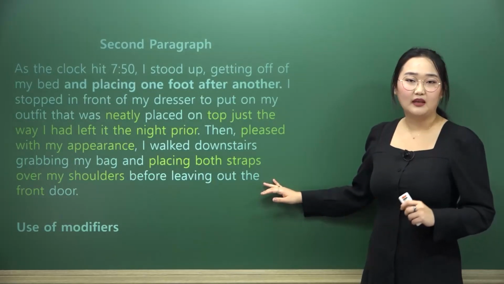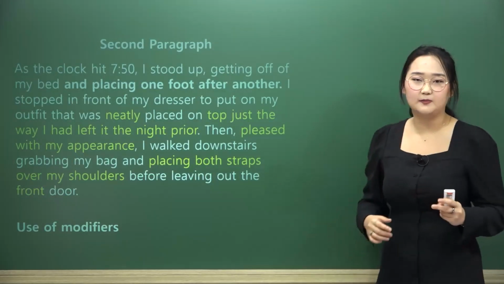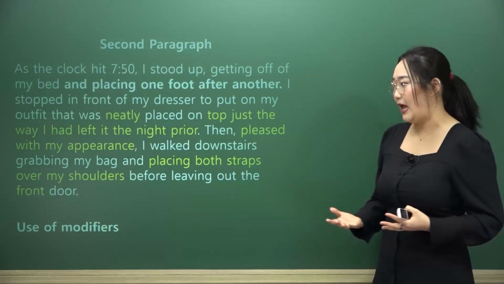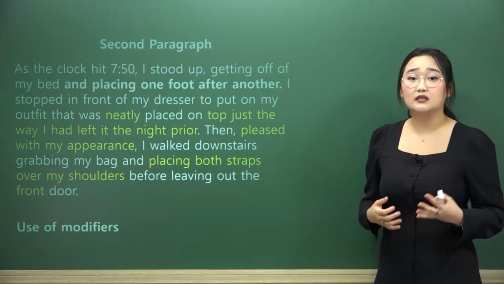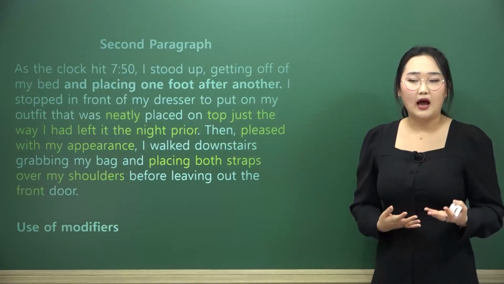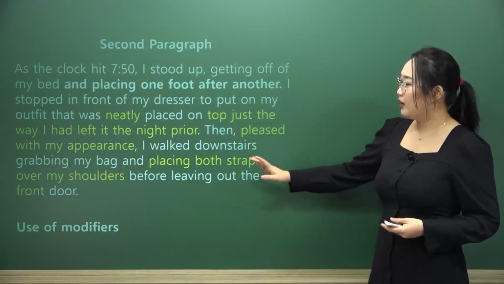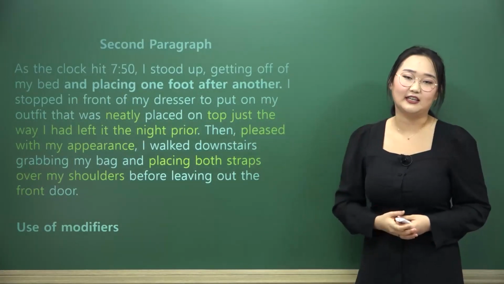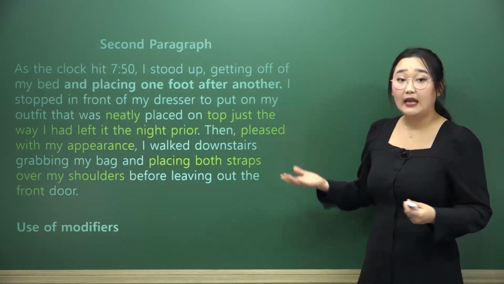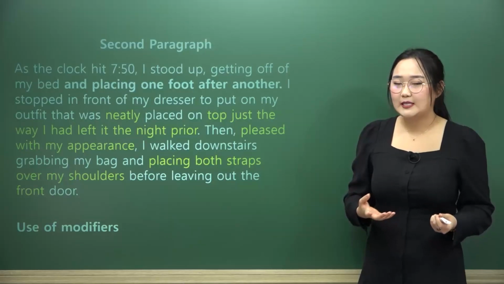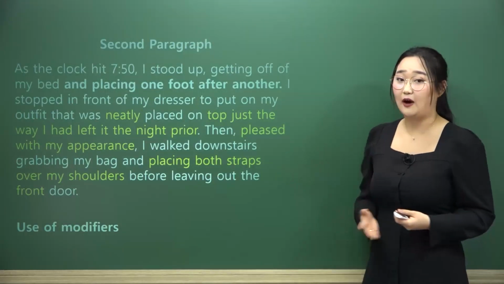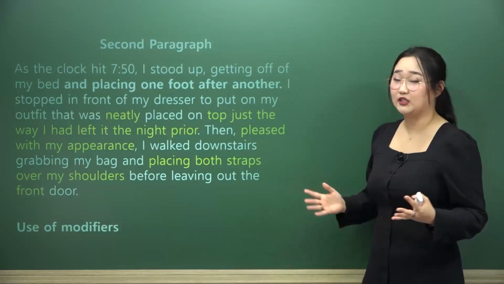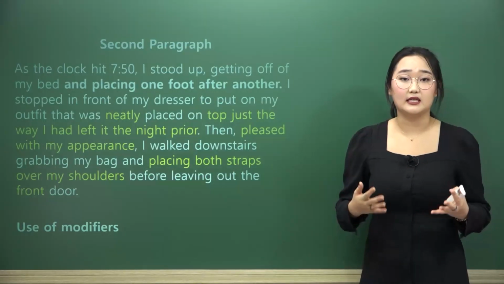Here we're going to be looking at the use of modifiers. Modifiers being our descriptive phrases that are put in the middle of sentences, in the front and the end, depending on how you want to write it. That just gives us a little bit extra detail that we probably would not have known had we not written it down here. So we have our little modifier here. We have our modifier here. We have our modifier here. What does this show us? Well, it gives us a little bit more detail, a little bit more explanation. And this writer actually does our modifiers quite well in giving the reader a better, clearer picture of what actually happened to them when they were experiencing this 8th grade morning.